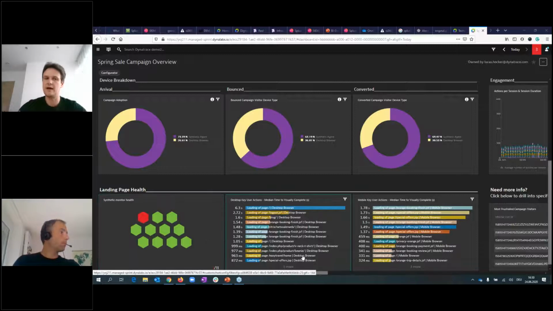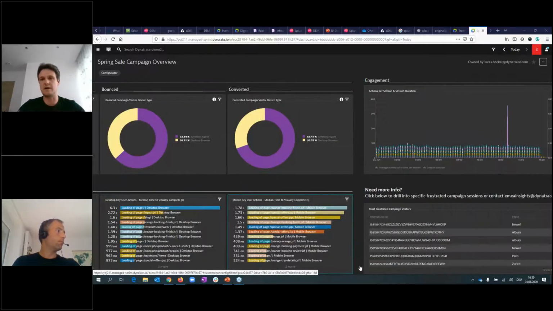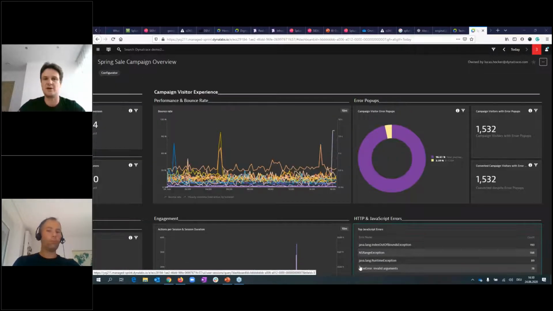The other thing is, I always want to know, how are the desktop and the mobile traffic from a performance perspective different? Are there any bigger significant changes? Because performance is a key driver of experience. So availability, performance, and my last favorite metric up here is about errors. Are people experiencing errors when they are trying to